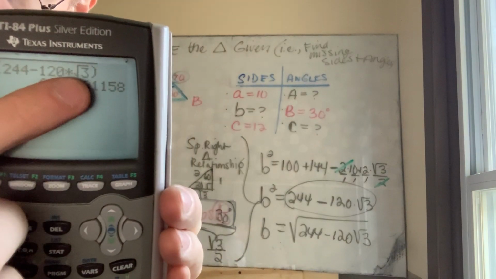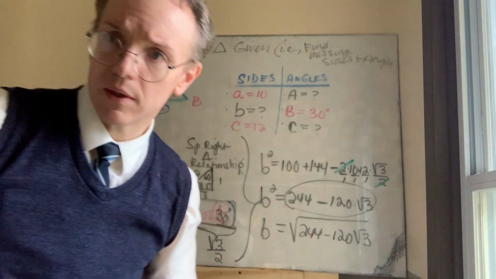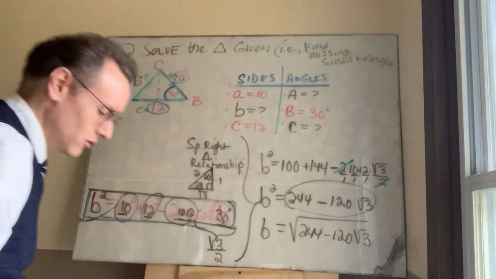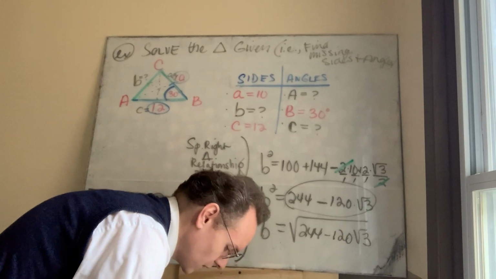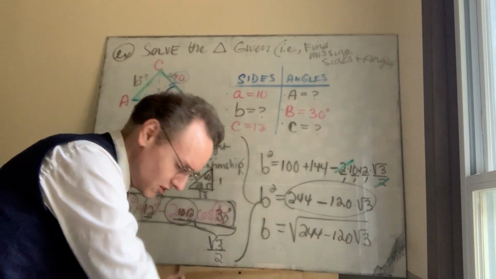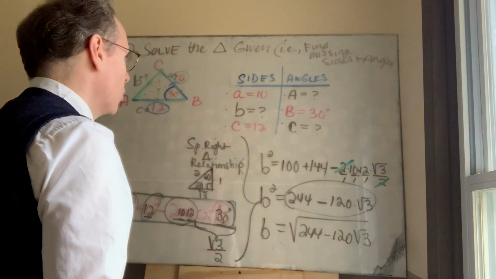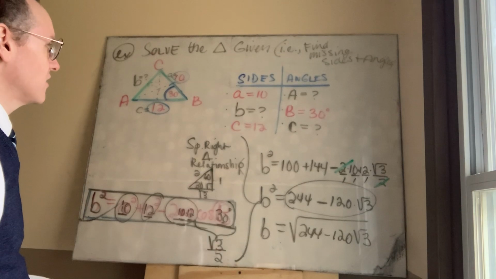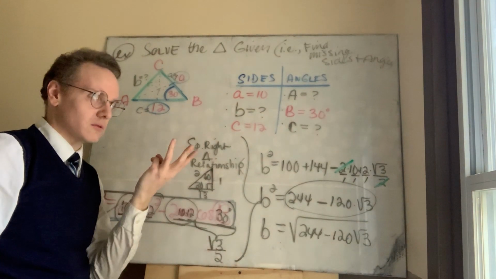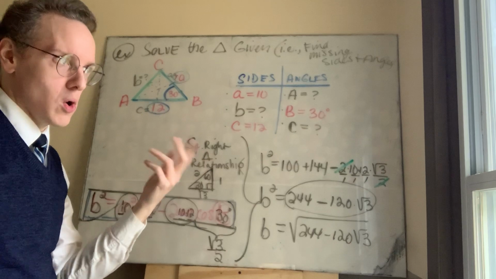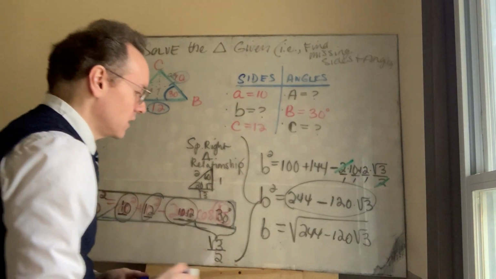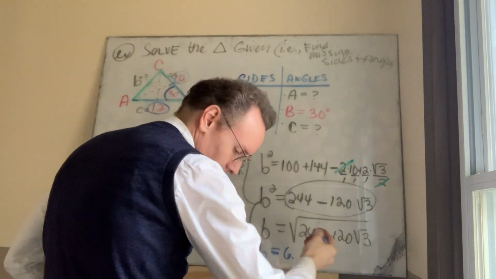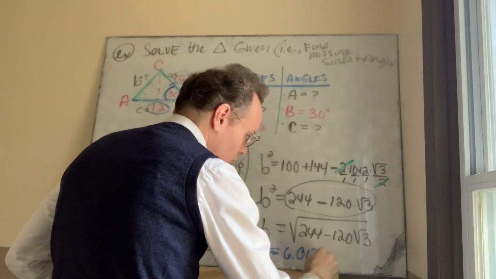Because it has an irrational number, square root of 3, expect it to be an infinitely stretching decimal. So unfortunately, we are going to have to round. If they don't specify rounding to a particular place, then it's your call. Do what you intuitively think. My instinct is to use something like 3 decimal places usually, if at least 1, but no more than 3. So if this is, according to the calculation, 6.0128, whatever it is,